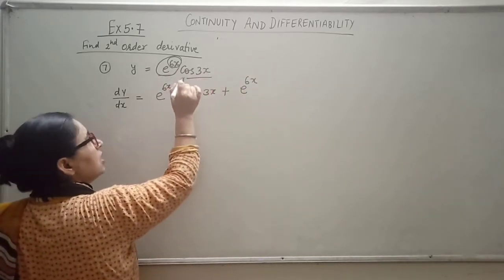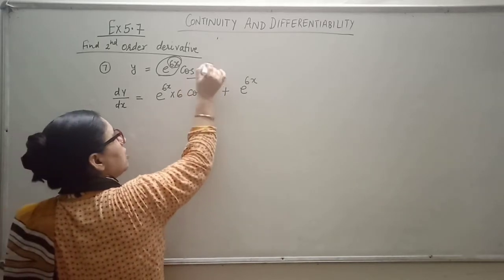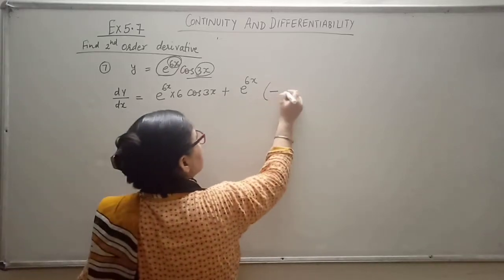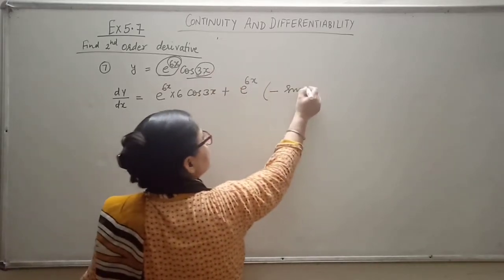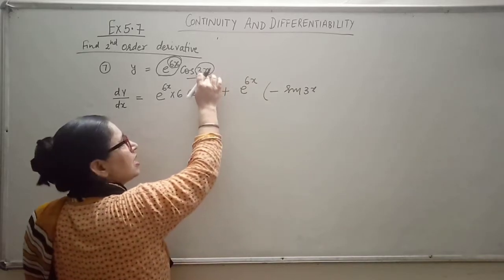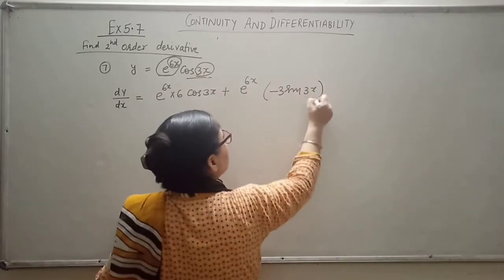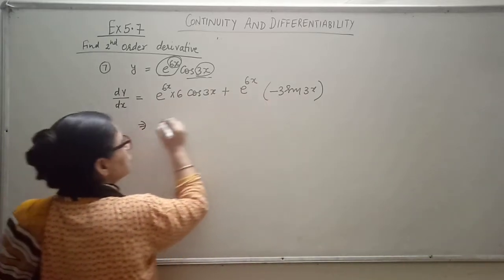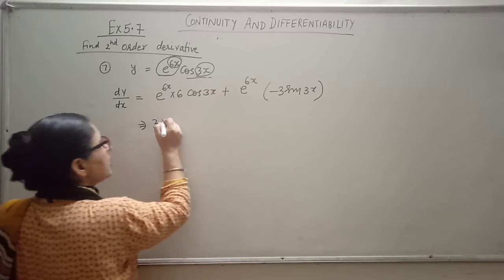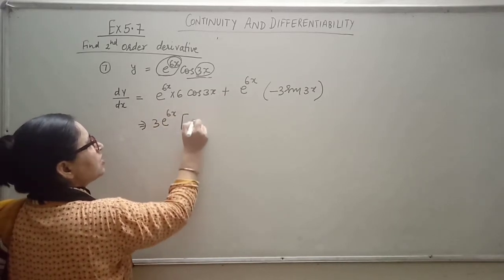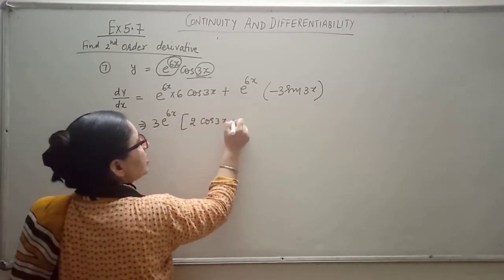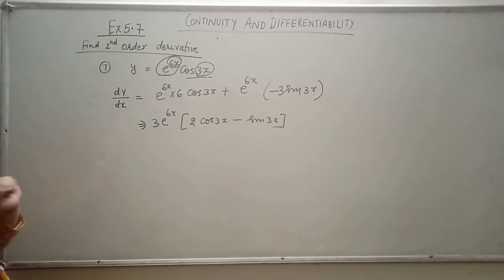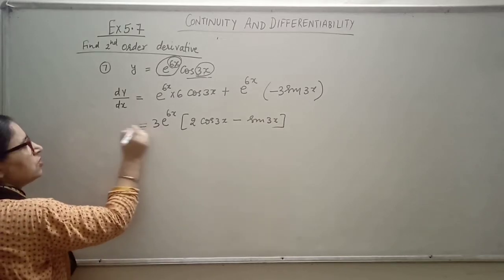the derivative of this. If we compare it with the basic formula, तो ये cos x है ना, cos x का derivative होता है minus sin x, की जगह ये 3x है, और जिसे आपने x सपोज किया है 3x, उसका derivative 3 है. Okay, so what is common from here? You can see 6 and 3 है, तो 3 is common, e raised to power 6x is common. So what is left here? 2 cos 3x minus sin 3x. This is your first order derivative, dy by dx. Okay, this is your dy by dx.